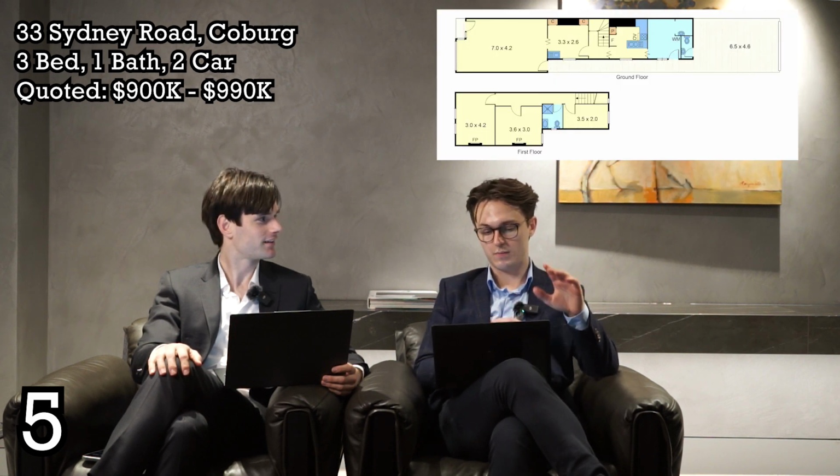So number 5 for us today. What do we got? 33 Sydney Road, Coburg. 3-bed, 1 bath, 2 car. 900 to 990k. This residence and shopfront was built in 1891. Wow, that is an old shopfront. Last sold in 1996 for, have a guess, how much? So it's asking 900, about $1 million now, and it's what, 450? 140k. Oh, wow. And that currently what they're asking is at 129 square meters of land,